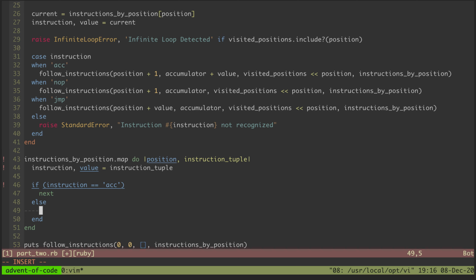Else, we're assuming it's going to be no op or jump. Maybe we'll actually do else if, can remove those surrounding parentheses. I don't need them here either. So if instruction equals no op, then we will